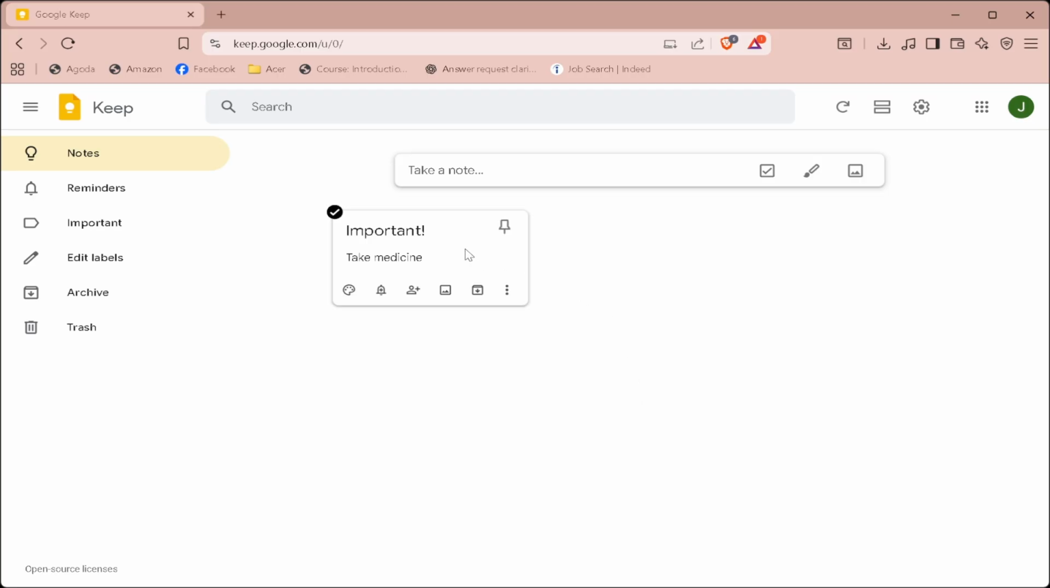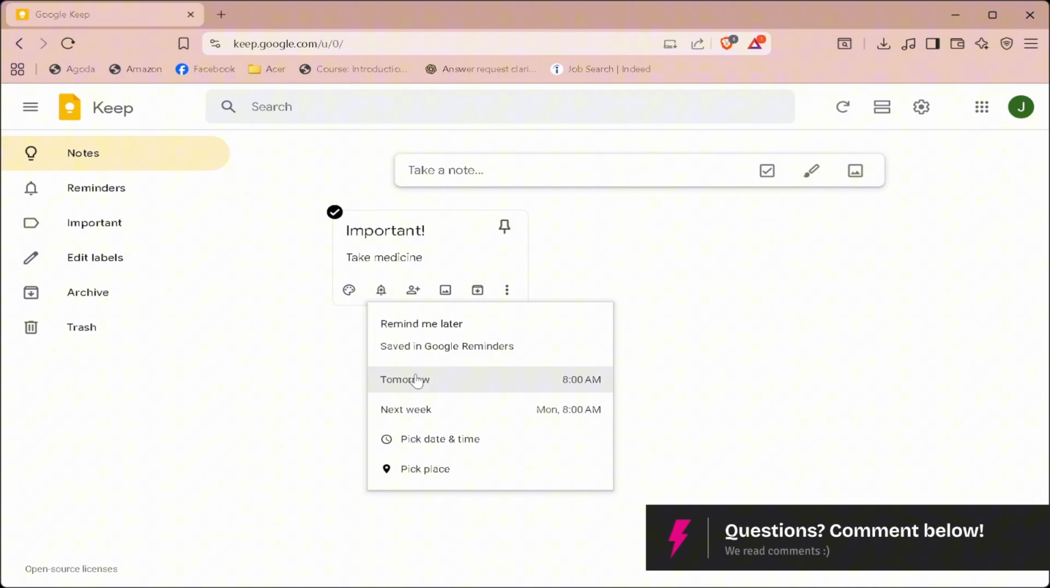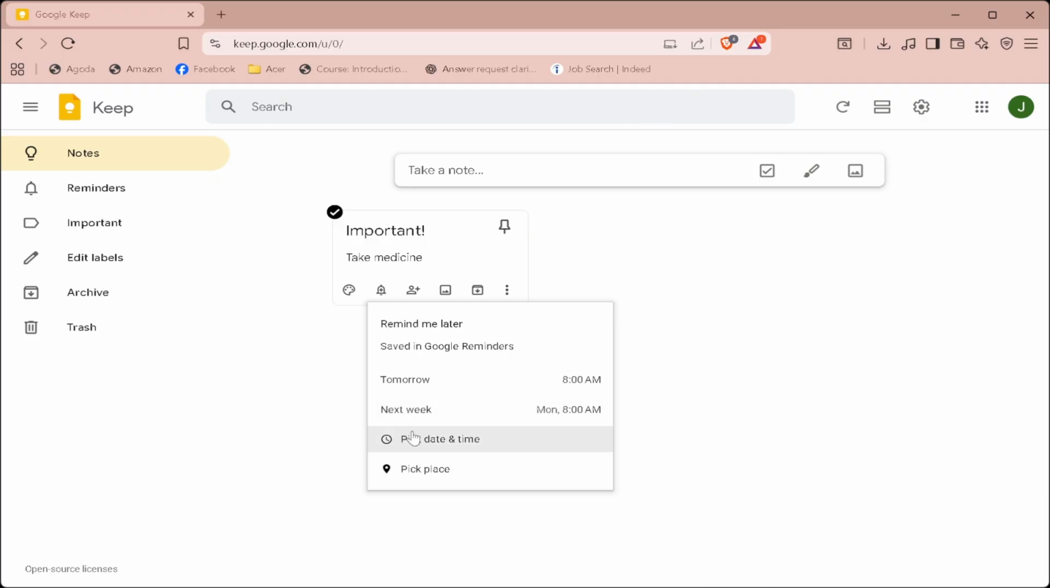Next, find the note you want to get reminded about and click on it. Then, just click on the little bell icon at the bottom of the note. A drop-down will pop up with a few quick options, like setting a reminder for tomorrow, next week, or even